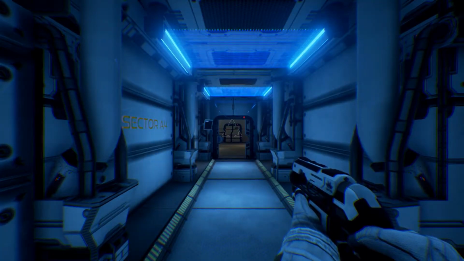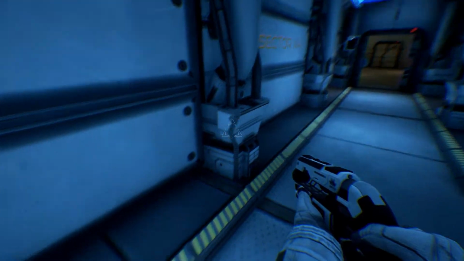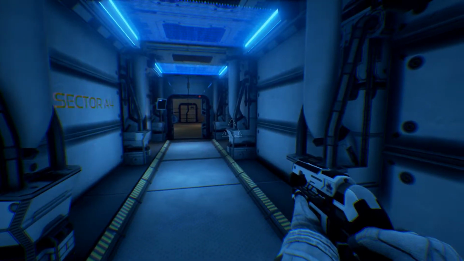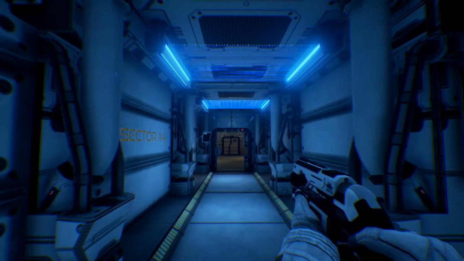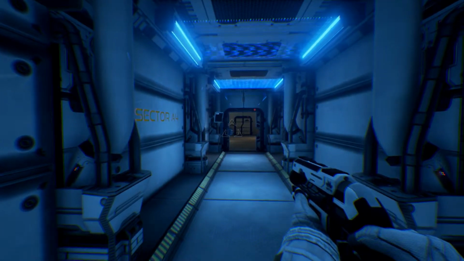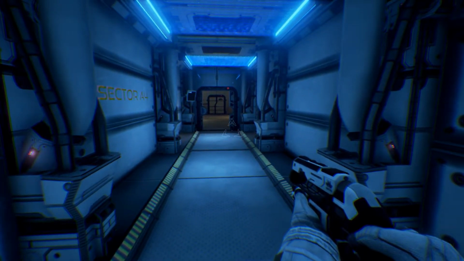Alright, time for the live commentary part of the game. This is taking place in Sector A4, so this is partway through Chapter 1 to avoid spoilers. So let's get started. We'll take a look at a couple of basic test chambers. These ones should be really easy, so I shouldn't be spoiling a whole lot, but it should get you a good idea of what the basic game is going to